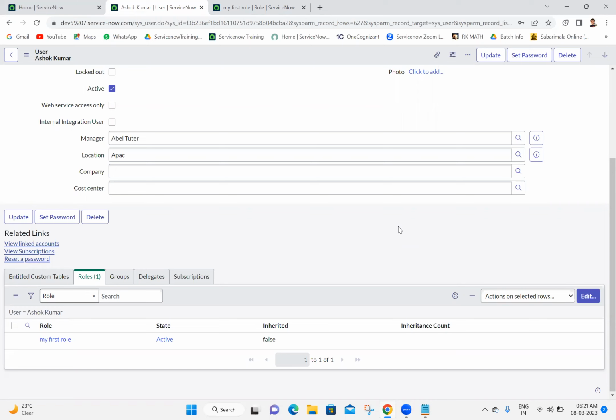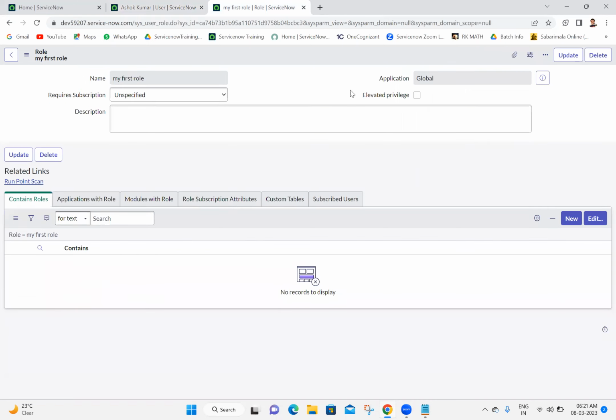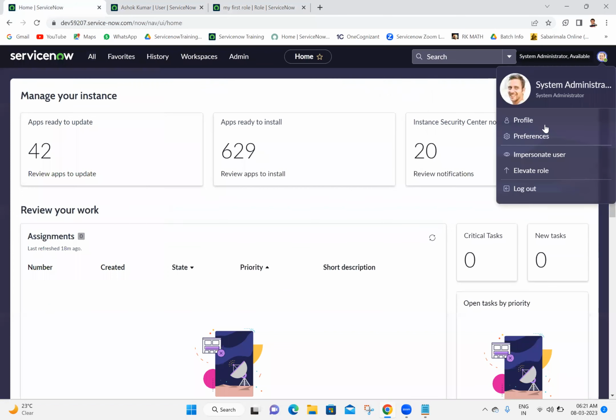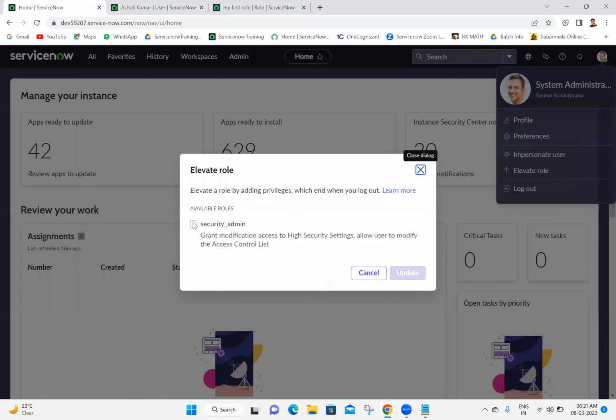Next, if you see here, we have elevated privilege. What do you mean by elevated privilege? Okay, for example, if we go to the system administrator, here we have an elevated role. So here we have the security_admin role. Here the security_admin role is also an elevated role. So what do you mean by elevated role? You can see